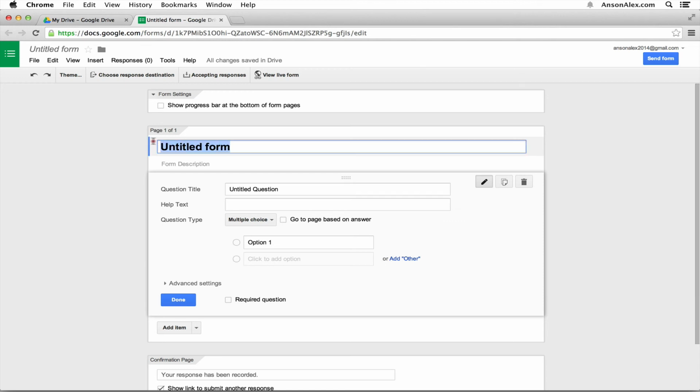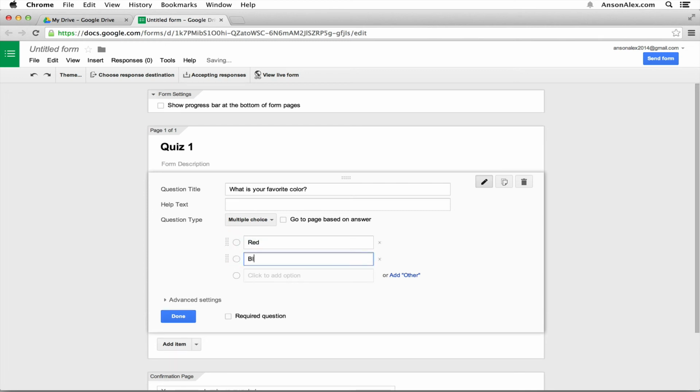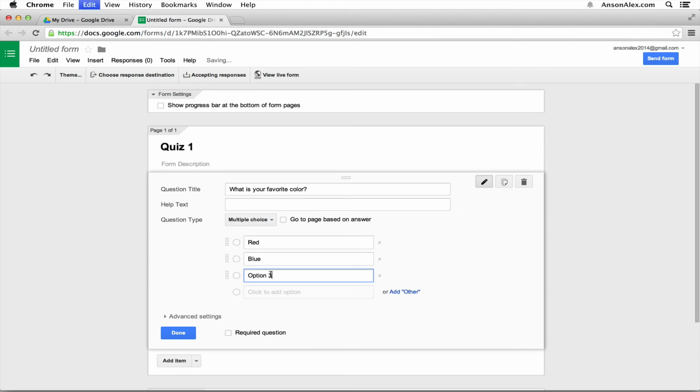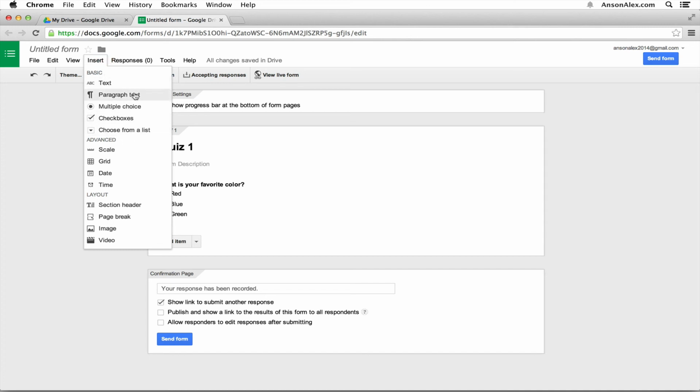But just as an example here, we could call this form quiz 1. We could have question number 1, and we could say, what is your favorite color? And then we could put our options in here. So we could do red, we could add blue, or green. We'll just give them 3 options. Now when we're done, we can hit done, and it's going to save that question, and we could go down here and we could add another question by going up here to insert, and we could choose paragraph text question,